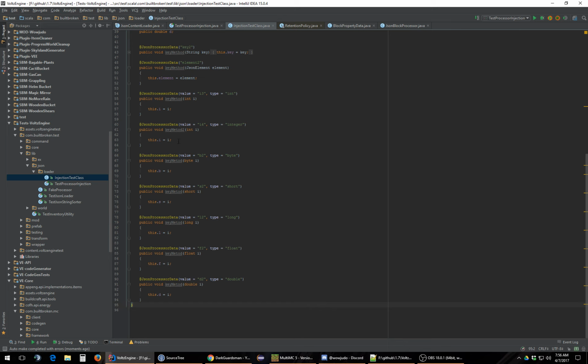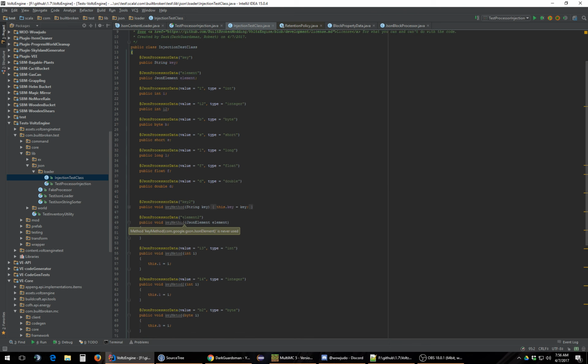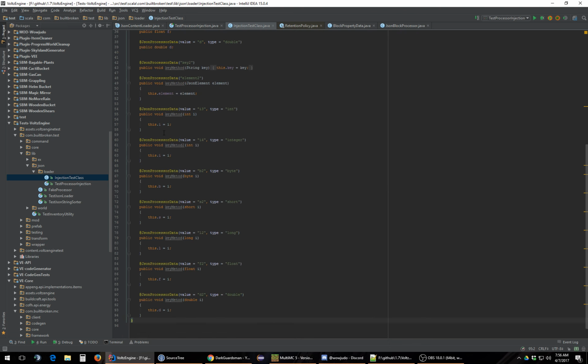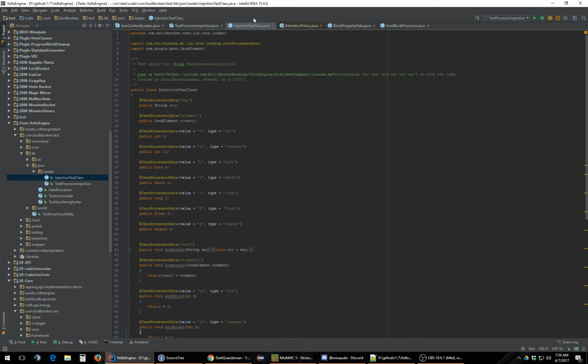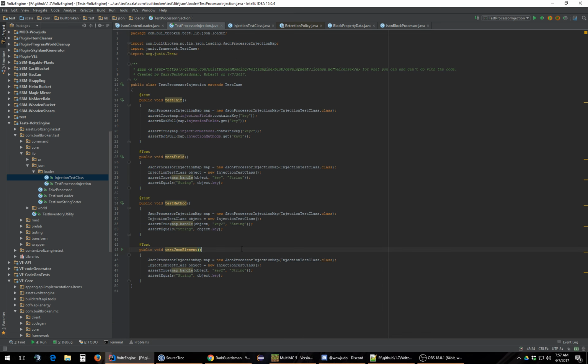Because if you read this code, if you didn't know what was going on and you're looking through all of these, how do you tell what's going on? You really can't. There's not a lot of information being passed back. But other than that, we've got it all set up. Now we just got to come over here and